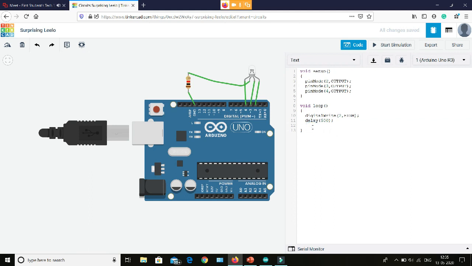Then I will turn on pin number 3 as HIGH, then I will give a small delay, then again I will turn it off. Then I will turn on the last one, pin number 4, and then again give a delay.